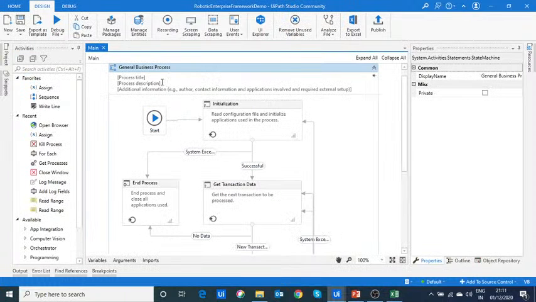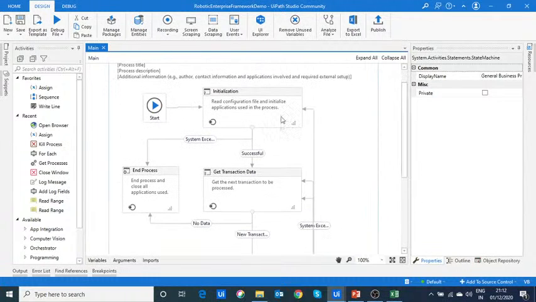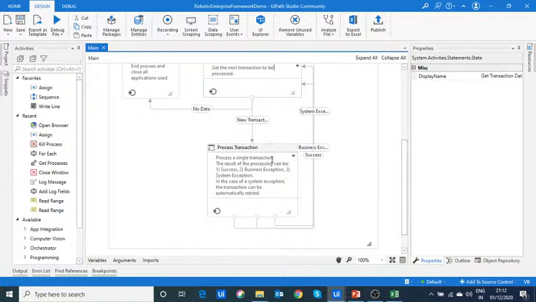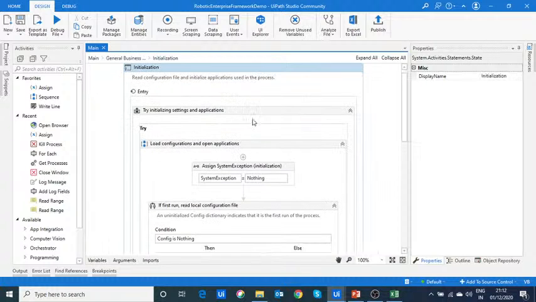Okay. If you see here, this general business process, the type given is state machine. As I already said, this RE framework template is built with the state machine, and it has 4 states, that is initialization, get transaction data, end process, and process transaction. First I will explain about initialization, what actually is happening in this initialization. Let me open this workflow file. If you see here,